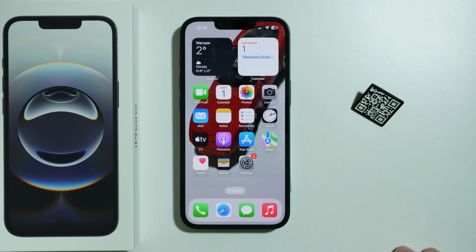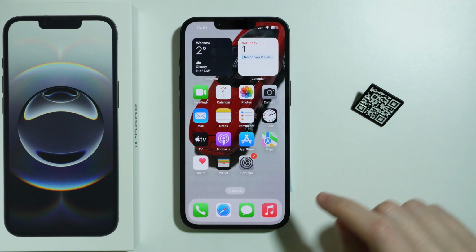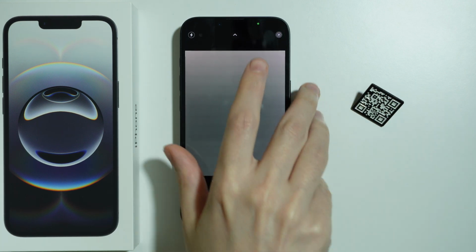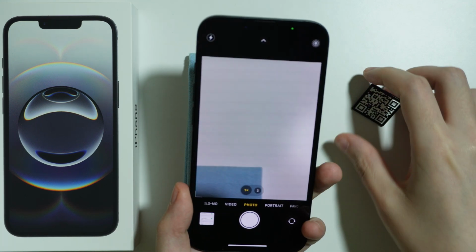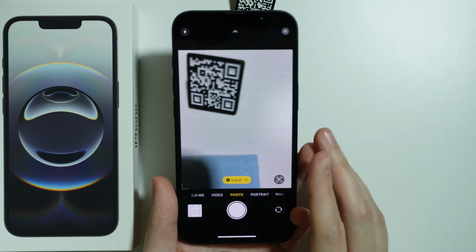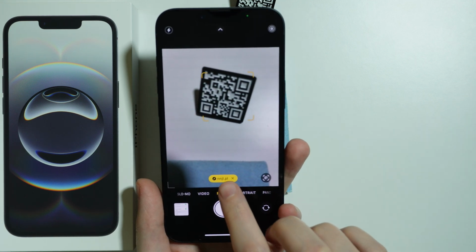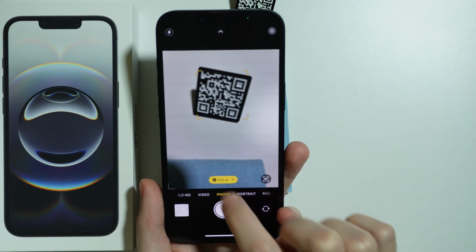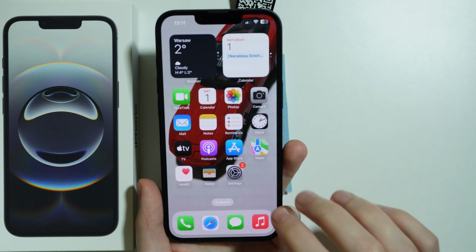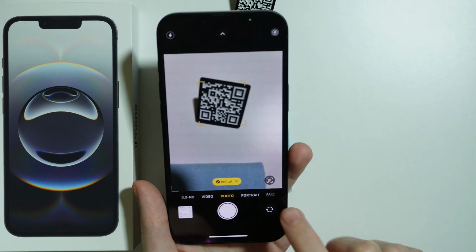If you want to scan a QR code on iPhone 16e, you have two main ways to do so. The first method is by opening the camera, and then you need to simply point your camera at the QR code. If the QR code is detected, then you will see the link over here at the bottom. You can tap on it in order to immediately open it in the browser, or you can tap on this